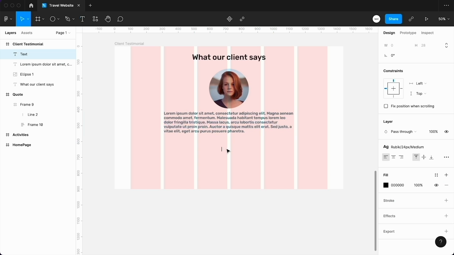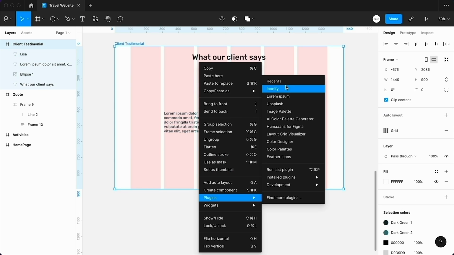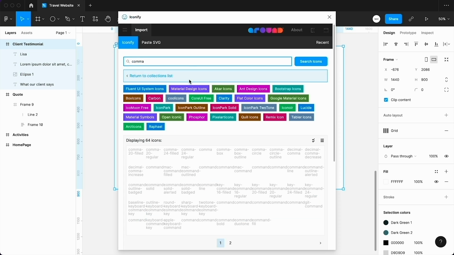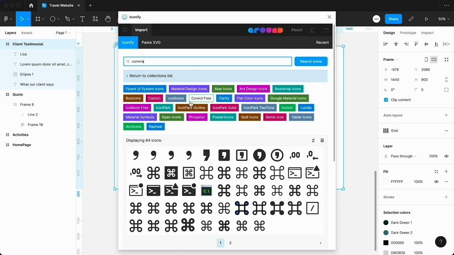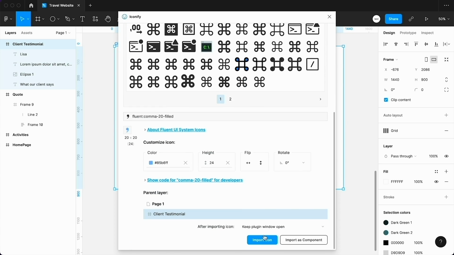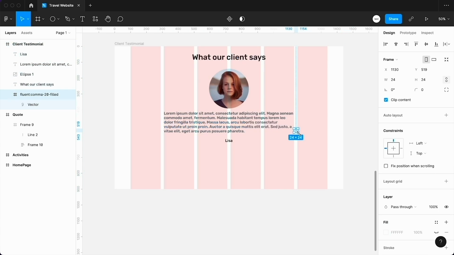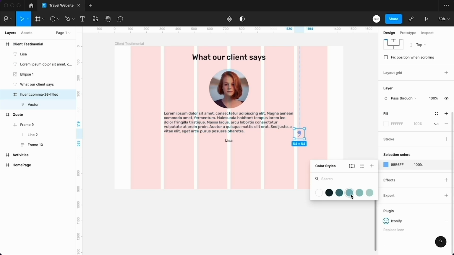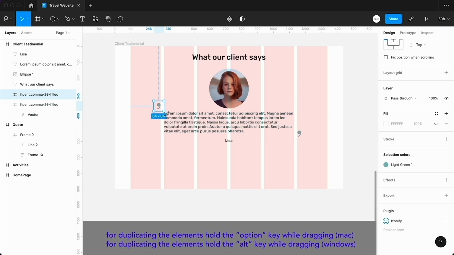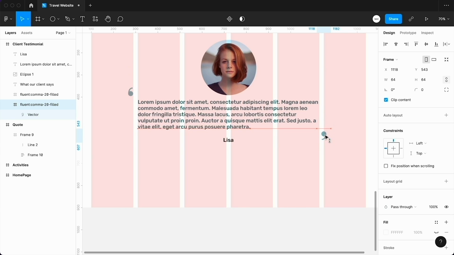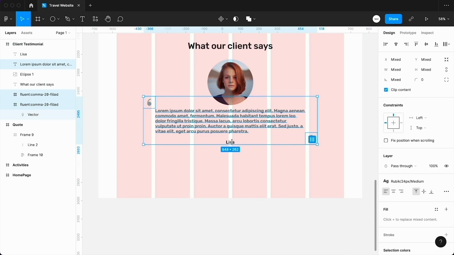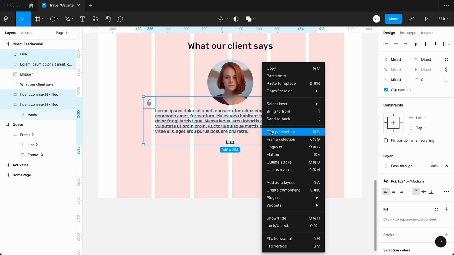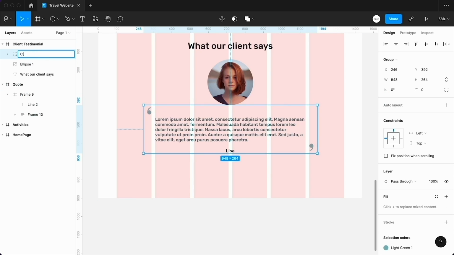Take the text tool and write here Lisa and arrange it into the center. Let's go to Iconify and search for comma. Let's choose this icon and click here to import and increase its size from 24 to 64 and change its color from blue to light green and take one more copy and reverse it by holding the shift and arrange this icon with respect to the paragraph. Now select all these 4 elements and group them together and move this group a little bit down and rename this group